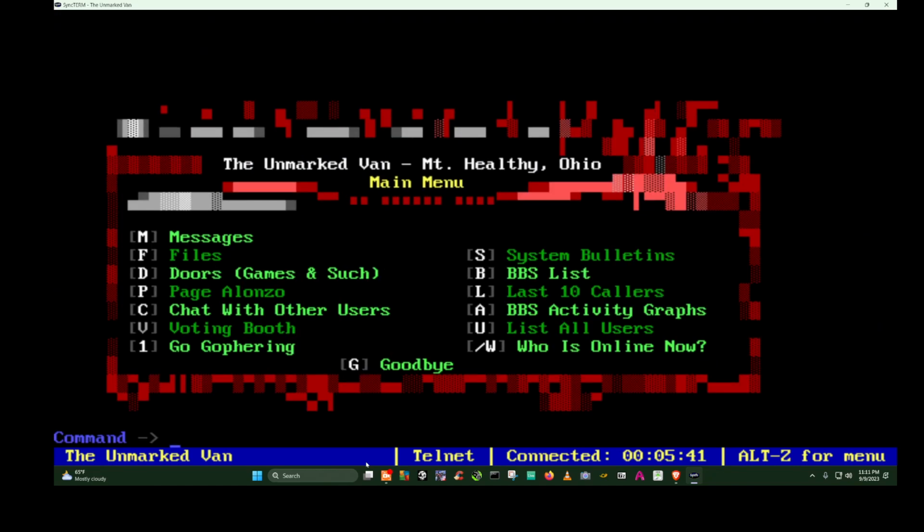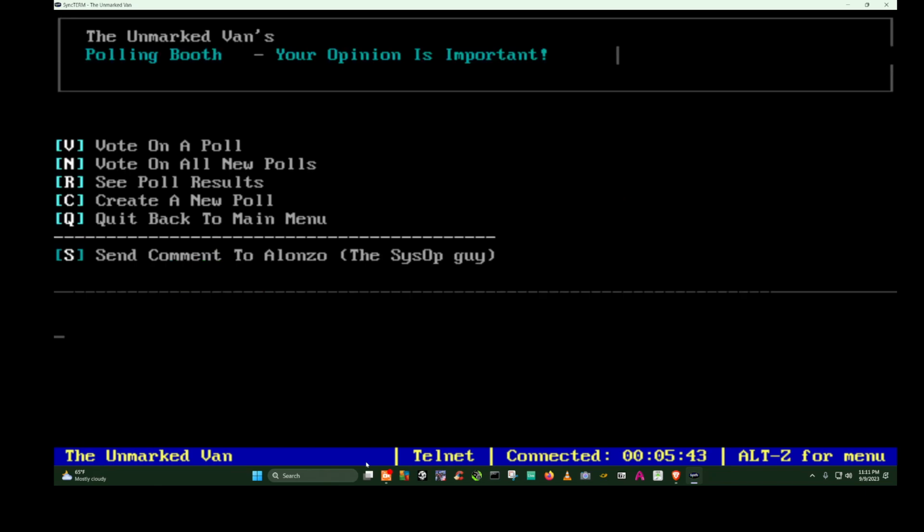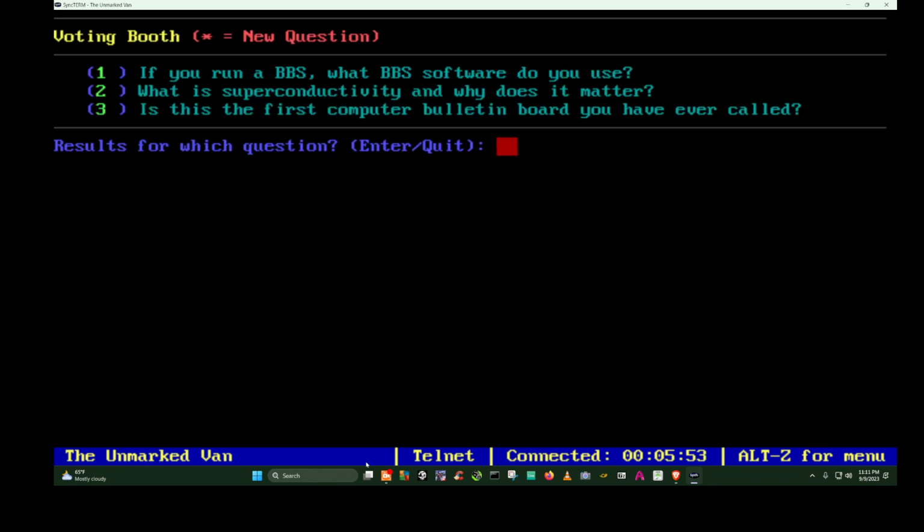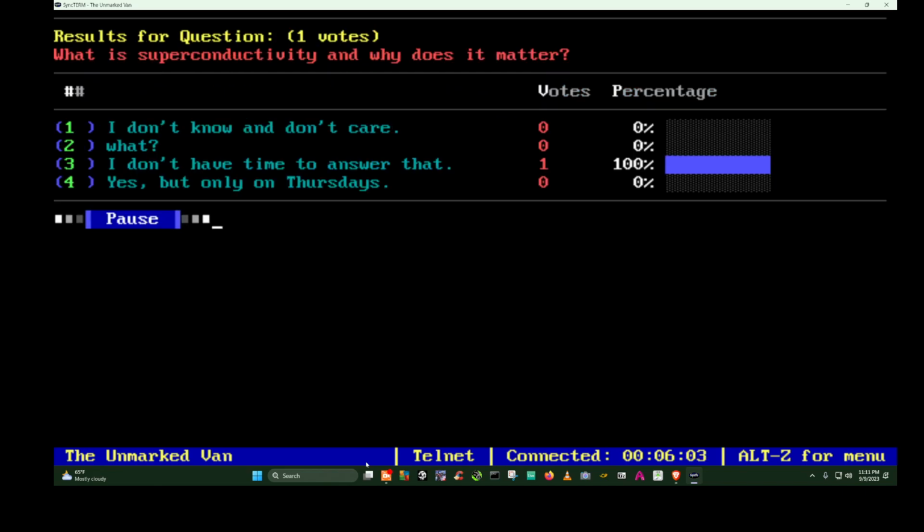We got a voting booth. You could vote on different things. You could create your own poll if you want to, or you can see results from these polls. 2. What's superconductivity and why does it matter? I don't know and don't care. What? I don't have time to answer that. Or yes, but only on Thursdays. I say,